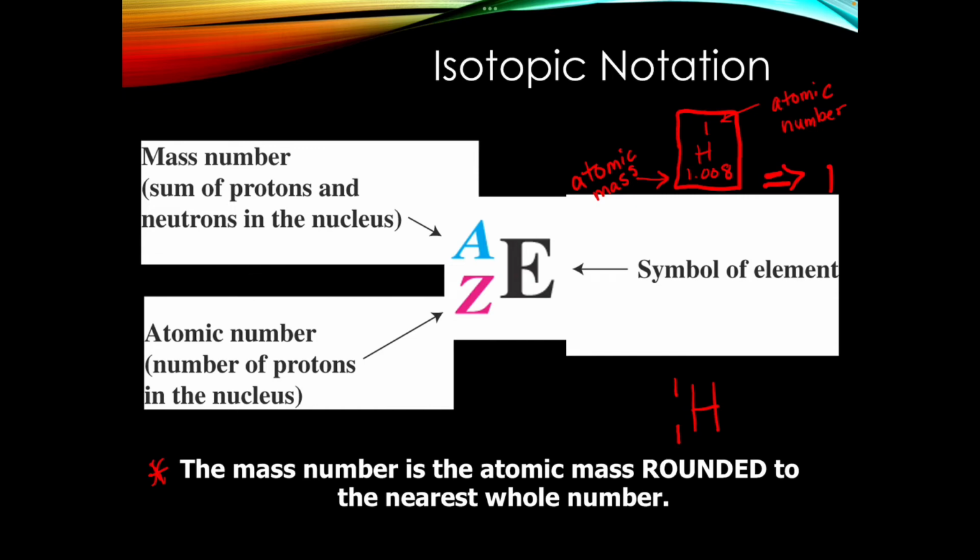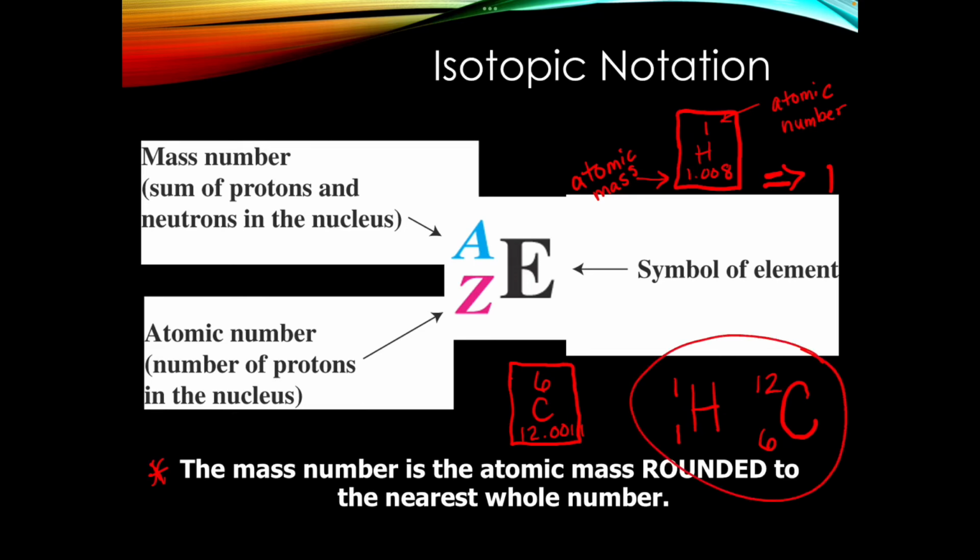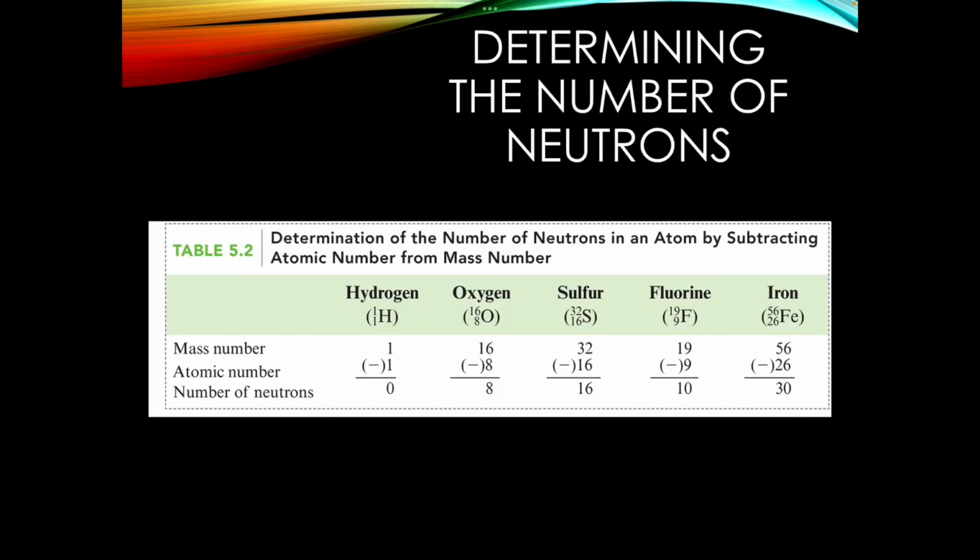So like if you looked at carbon, carbon is atomic number 6, and it has a mass of 12.011, I believe. And so when we write this, we would have carbon, we would put the 6 on the bottom, that's telling us it has 6 protons, and then that 12 is going to go on the top. Okay, remember, we're going to take that atomic mass and round it to the nearest whole number. So all of these, when you write them in isotopic notation, should always have whole numbers, no decimals.